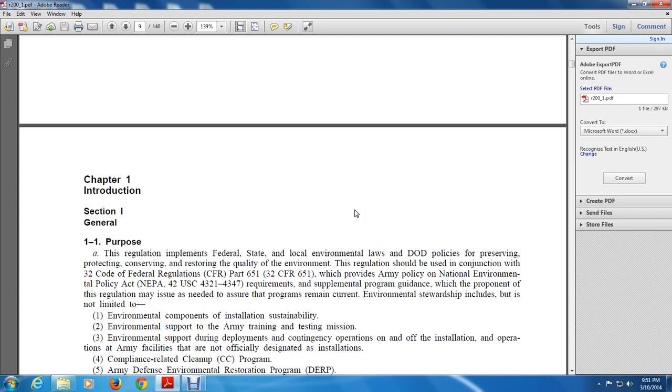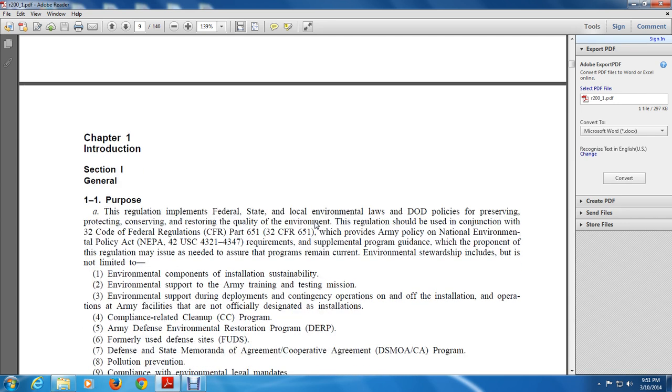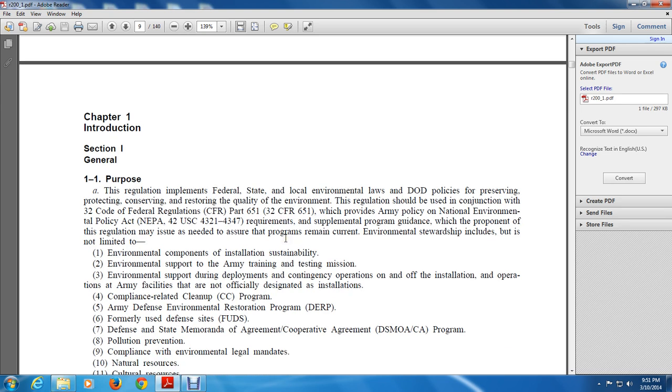Environmental stewardship includes but is not limited to: 1, environmental components of installation sustainability. 2, the environmental support of Army training and testing. 3, environmental support of deployments and contingency operations on and off installation operations, and Army facilities that are not officially designated installations. 4, compliance-related cleanup programs, the Army Defense Environmental Restoration Program, DERP,